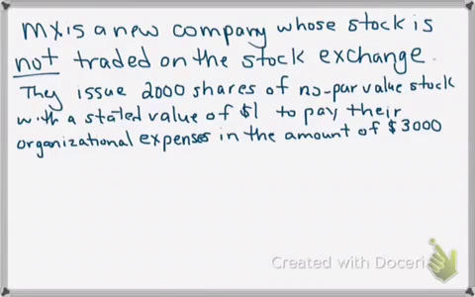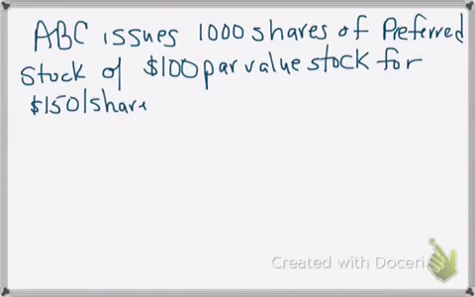The next one, MX is a new company whose stock is not traded on the stock exchange. They issue 2,000 shares of no par value stock with a stated value of $1 to pay for their organizational expenses in the amount of $3,000. Now, I want to move forward and look at this because when we issue stock for something other than cash,